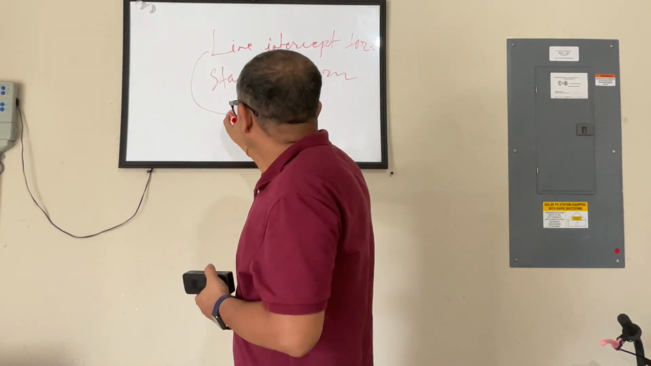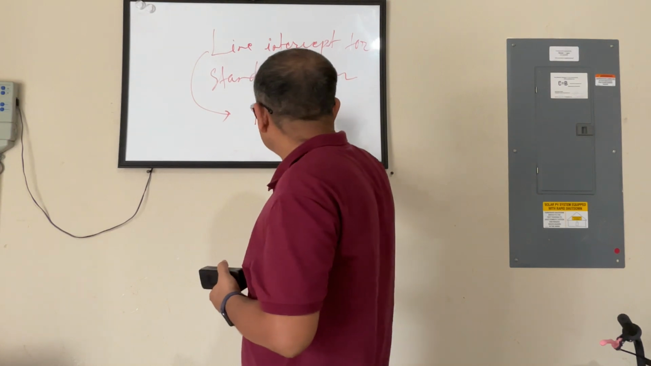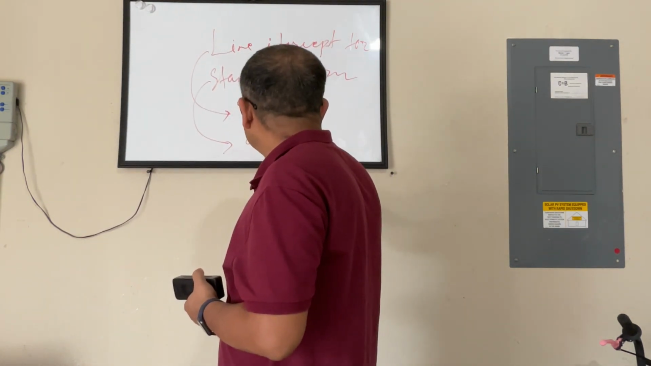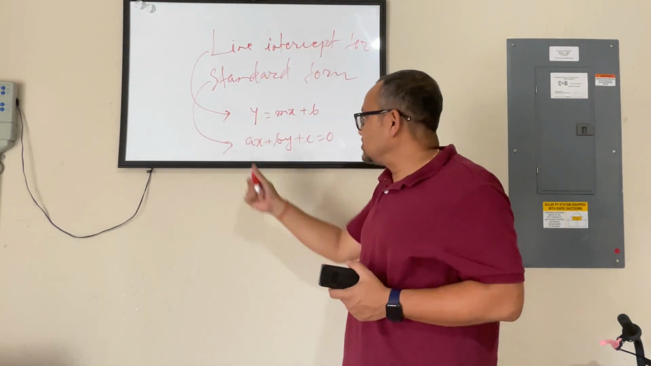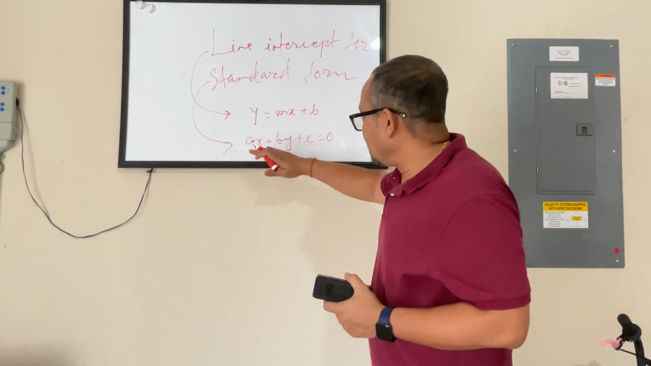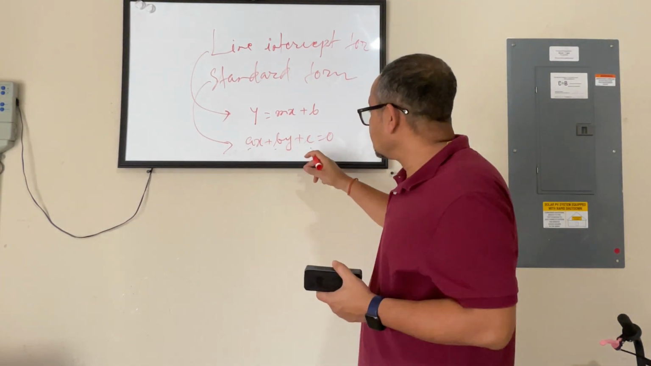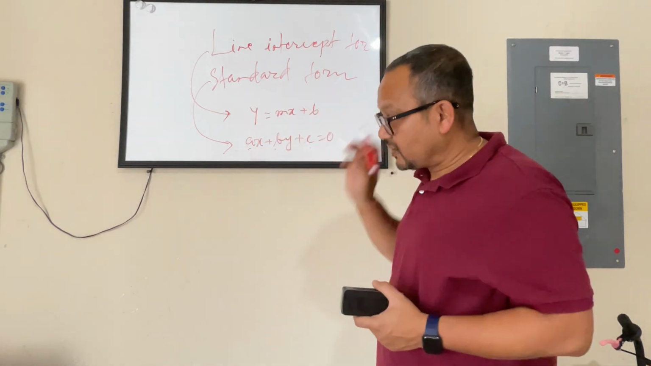So line intercept form is like this: y equals to mx plus b, and standard form is ax plus by plus c equals 0. So this is a standard form. Like you have 2 variables. This is one constant, this is another constant, this is third constant. Okay? And this is the line intercept form where,